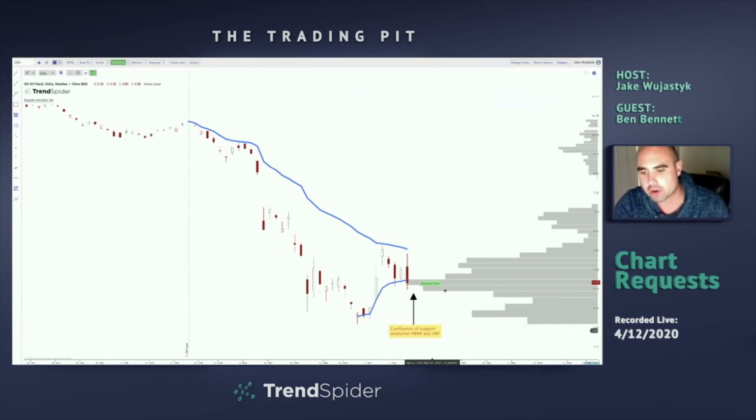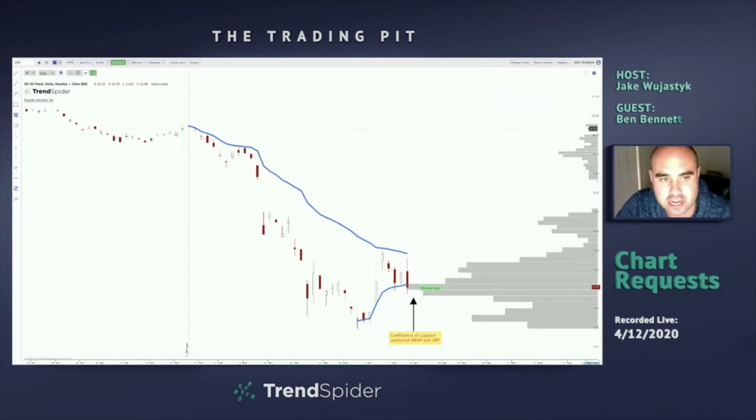So remember, you don't anchor every point the same on every chart. You have to anchor it from those status quo points, and some charts are going to have a slightly different status quo reversal point than, let's say, a different stock. So just wanted to mention the confluence here.